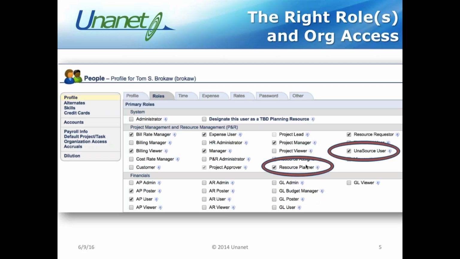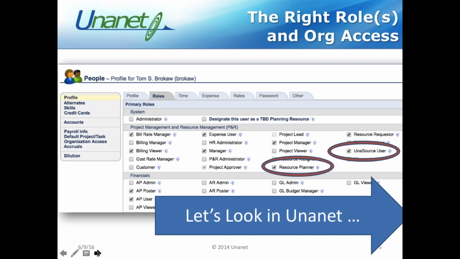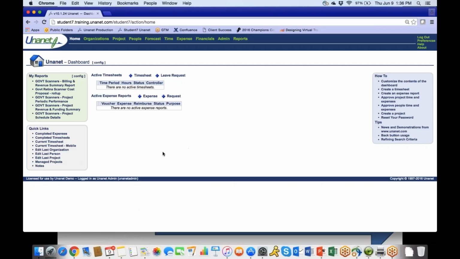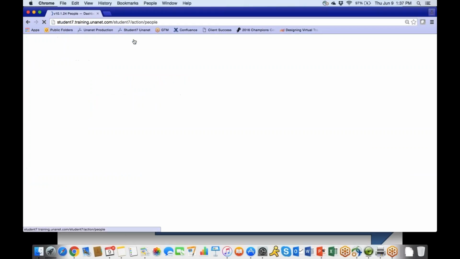So I'll show that in the system here shortly. So let's see. Actually, let's go take a look at that now. Let me switch over to my demo system. I see a number of people are still logging in here. So I'm in my demo system now, and I wanted to show an example of a couple of